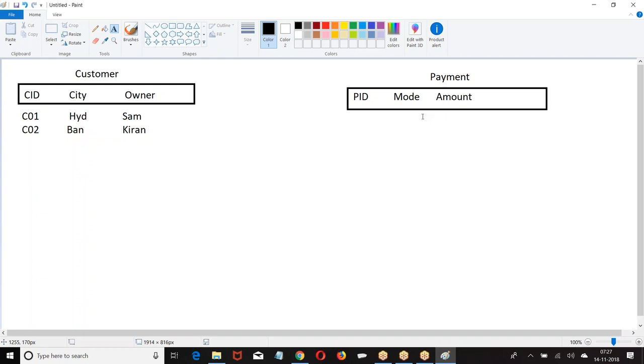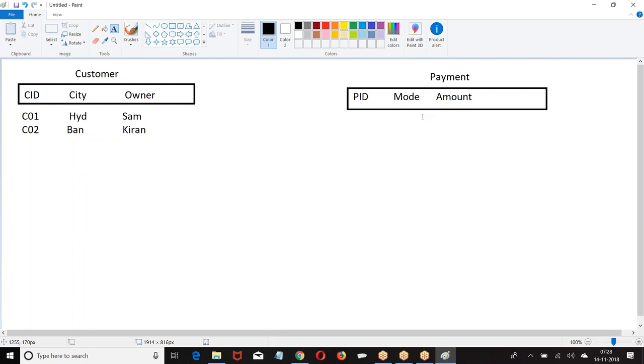Like how we have taken currency field, number field, date field, similarly we are going to take a field whose data type is master detail. The data type of the field is master detail.